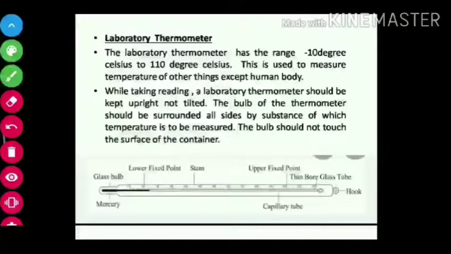Before we start this one, we'll just revise what we have already studied. We have studied heat. Heat is one type of energy where we feel the hotness or coldness of an object, meaning how hot it is, very hot or less hot. So either we feel hotness or coldness.